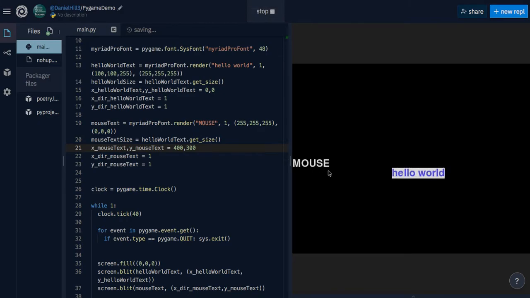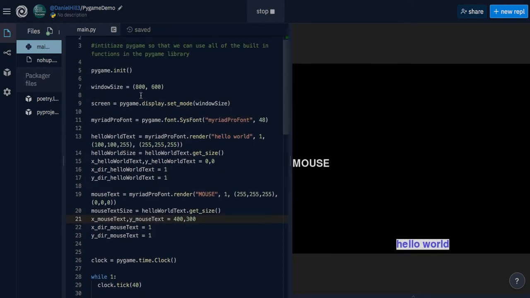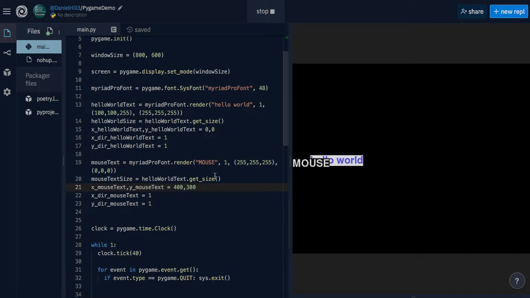Okay, there's our mouse. For some reason it's not showing up on the screen. Maybe that could have to do with the resolution or just the size of the screen, but our mouse is definitely on the screen now. 800 and 600 was fine. I'll play around with that a little later, but the point of this is that we've created a